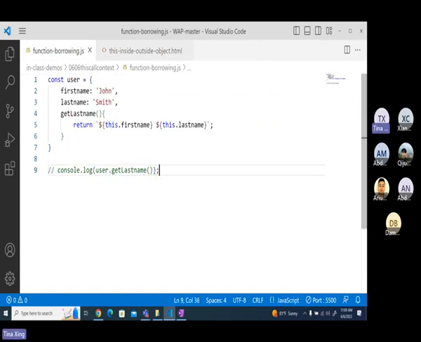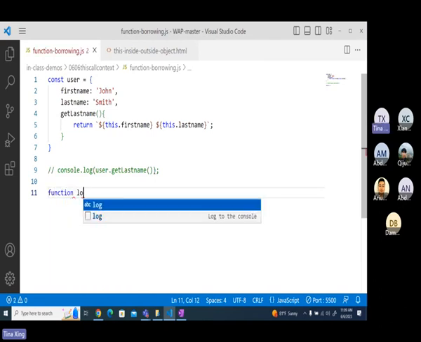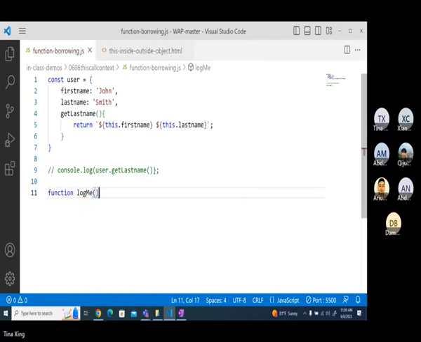Function borrowing is like this way. Here I have another function called logMe. This logMe also has a height and a weight. And I will return